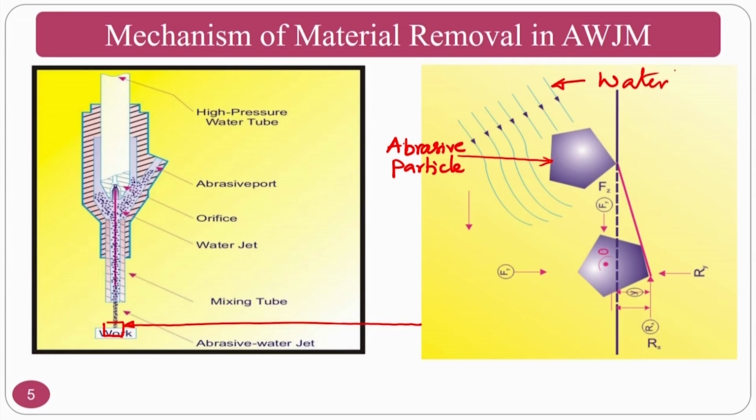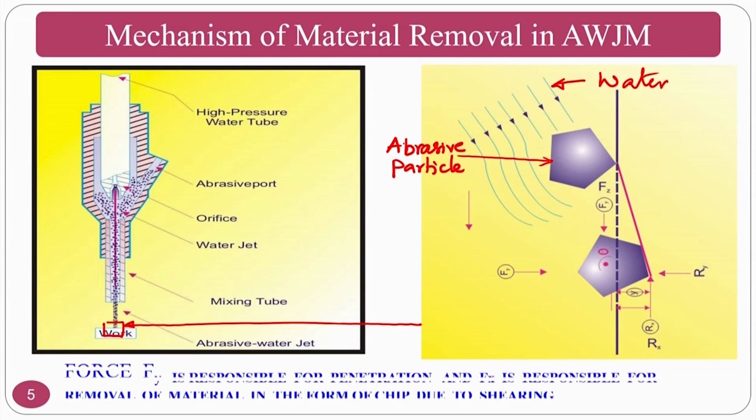Okay. So, you have many forces such as Fz, which is moving in this direction, Fy, which makes the abrasive particle move in this direction. So, because of this, assume that this is my workpiece surface,